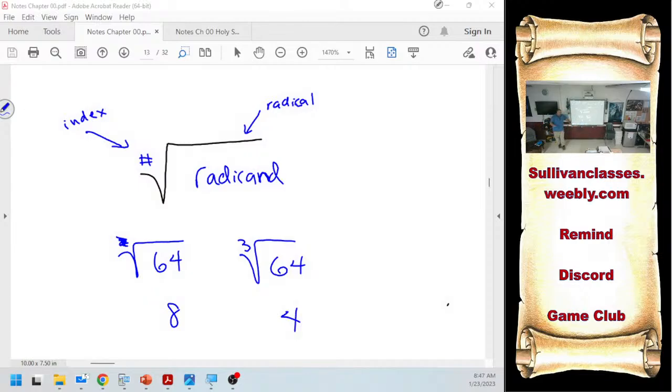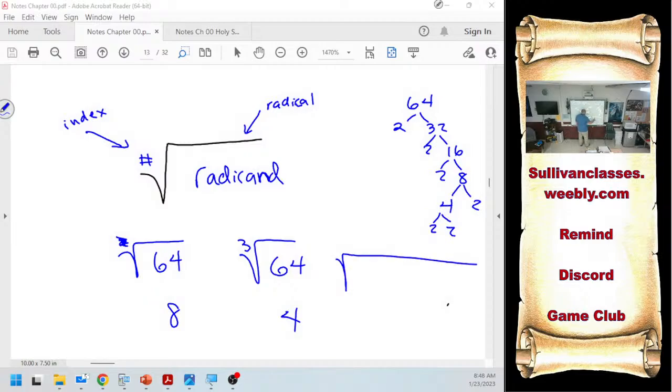If you know your powers like you should coming out of Algebra 2, great. Otherwise, if you ever get stuck, you break it down. 64 is 2 times 32, is 2 times 16, is 2 times 8, is 2 times 4, is 2 times 2. If I write within my radical 1, 2, 3, 4, 5, 6 twos, prime factorization, if I'm stuck on something,